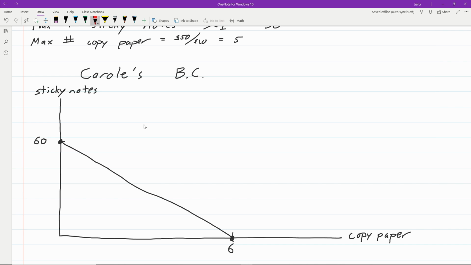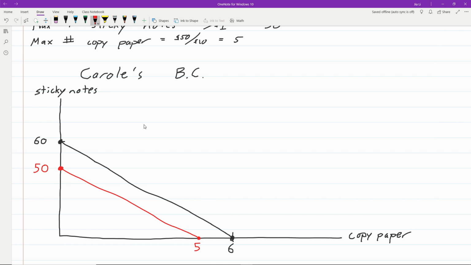And this is pretty easy. We already know how to do this basically, right? Since we did this from before with the $60 budget. But basically, we start with the most extreme points, like the end points of our graph. So if she spends all of her money on sticky notes, then as we calculated, the maximum amount that she can buy is 50, which is here, right? And then if she spends her budget entirely on copy paper, then that would be right here, 5 stacks of copy paper. And then to represent all the other possible combinations of the amount of sticky notes and copy paper that she might buy, I will just draw a line to connect those 2 points, and there we go. Those are all the other possible